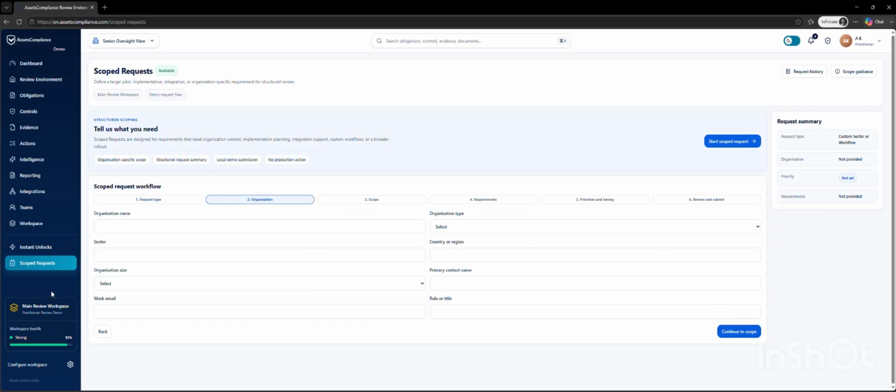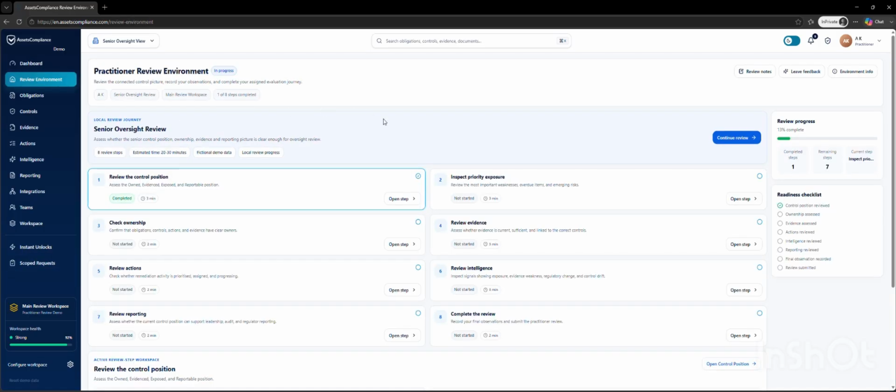So with that, we will finally go to the final section. The final section is actually the review environment. This is where our practitioner review program comes together. The review environment has been designed specifically for experienced compliance professionals who are helping us evaluate assets compliance before wider release. Rather than simply asking users whether they like the interface, we've structured the review around a guided journey through the platform. Practitioners work through each stage of the application, recording